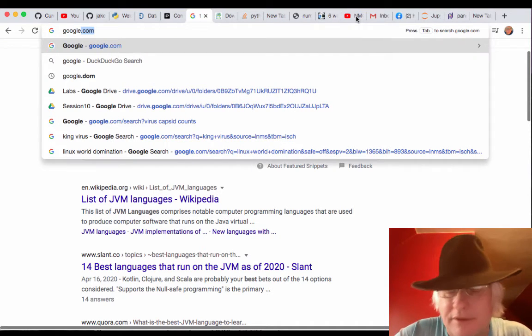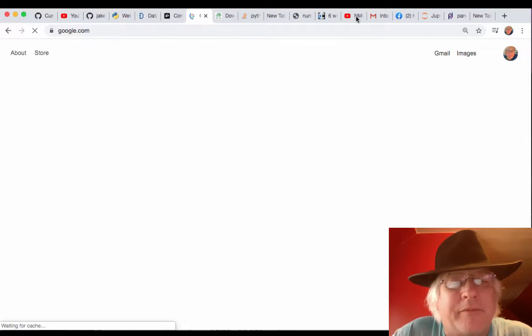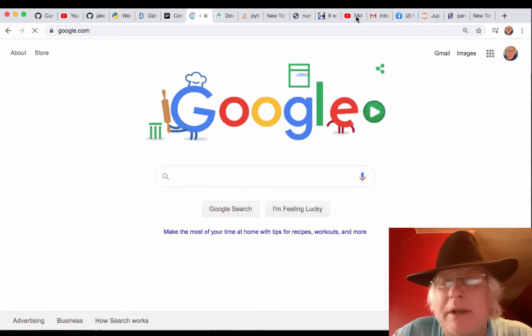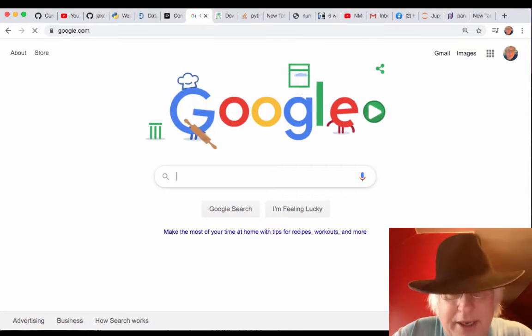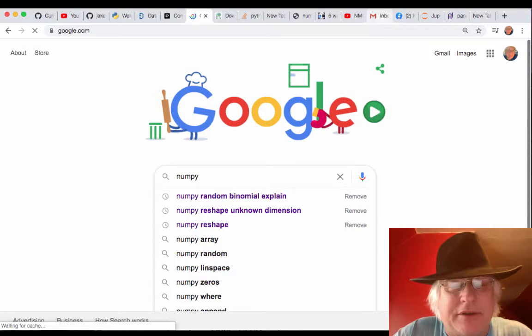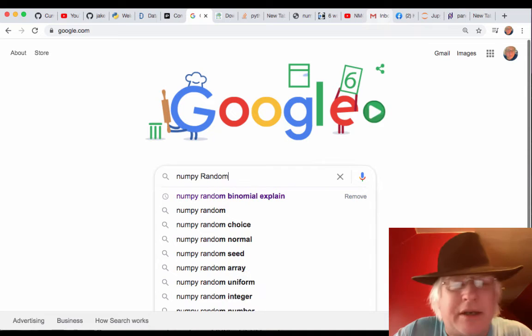I think I was searching last night on languages that target the JVM, right? Because I'm trying to get my students up to speed in many dimensions, right? What is a VM in that sense? Virtual machine. So numpy is deprecating what they used to use for their random number generator, which was called random,